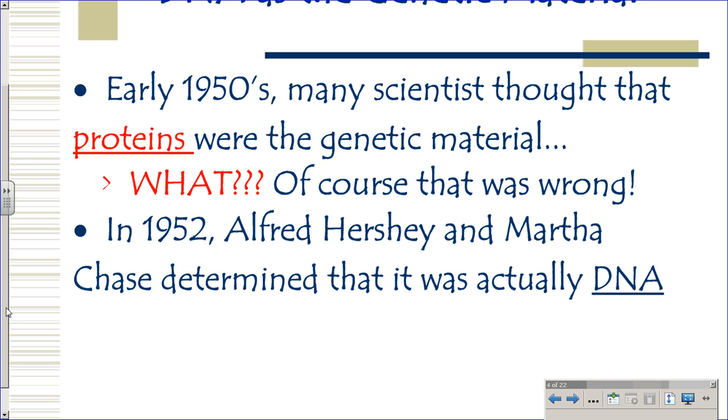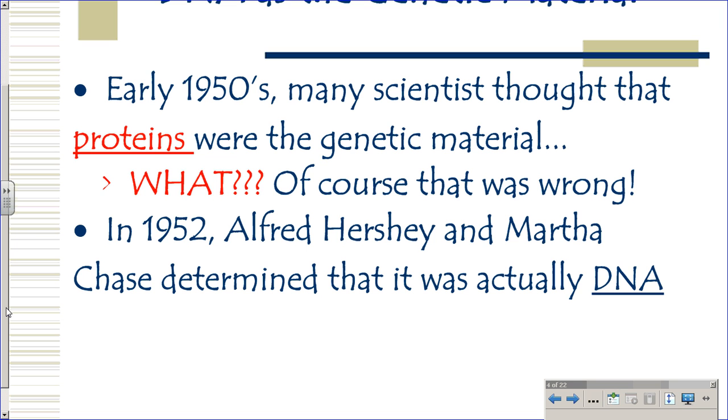So in the 1950s, they used to think that proteins were the ones that were passed on. Like, mom makes her eggs and dad makes his sperm, and they put proteins in their gametes and pass proteins on, because having brown hair or having hazel eyes is passed on from mom to child or dad to child. So they thought proteins were being passed, but we know what's actually passed. The DNA, right? We know the DNA is.